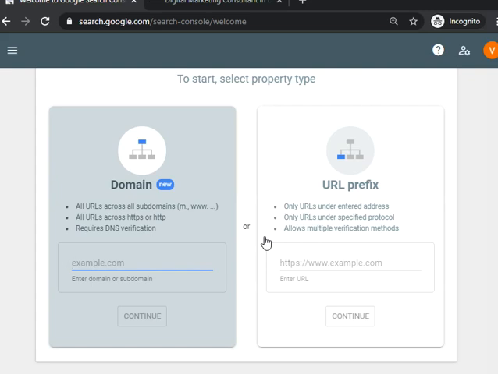The basic difference between Analytics and webmaster is this. For Analytics, you have to implement the code on all the pages, while for the webmaster, you have to place this code singly on the home page in the header section. The second difference is this: Analytics gives you the data when the user is on your web page, your website, but webmaster gives you analysis before landing on your page. So this is the basic difference between these two tools.